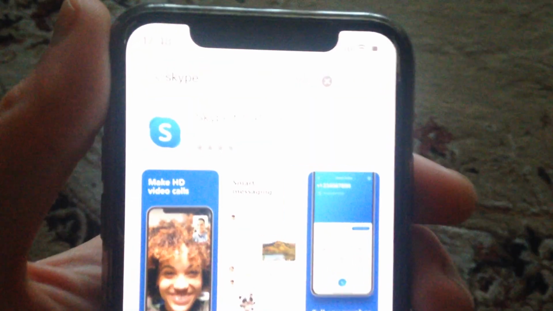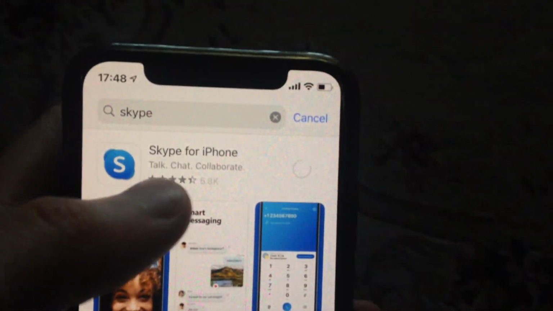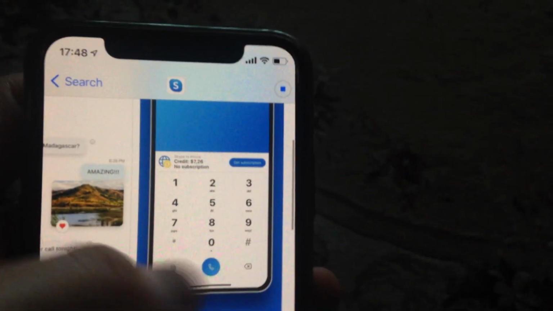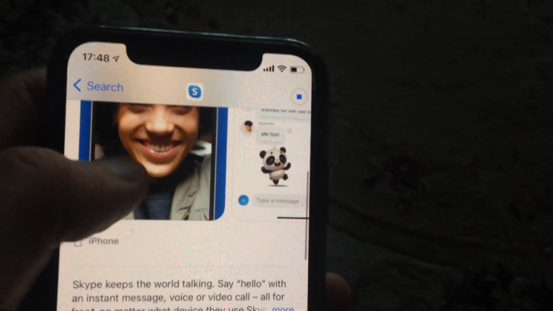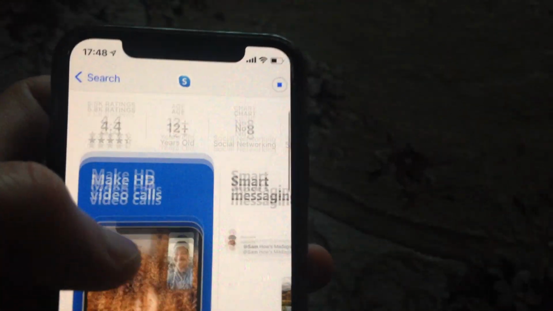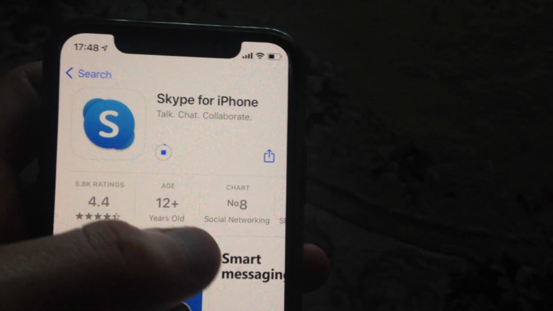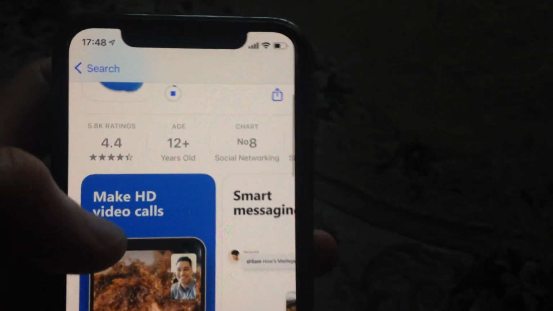So now you just need to wait some time. So here you can see the name of this Skype for iPhone. So here you can see it. So how it looks like. So now just wait until it successfully downloads and installs on your phone, and you will be able